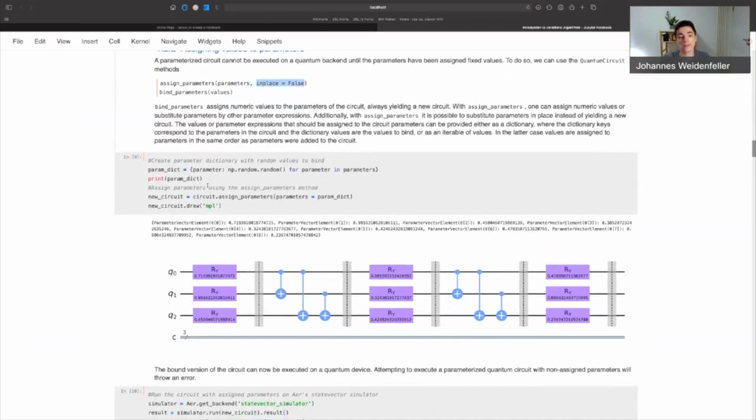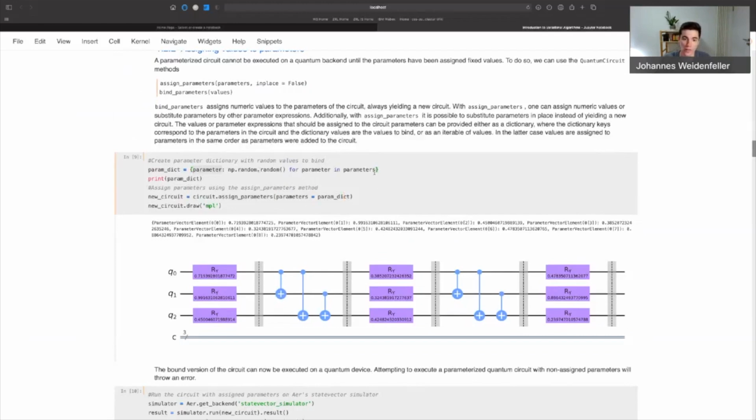And so let's see how we would actually do this in practice. When we use these methods assign_parameters or bind_parameters, we specify the parameters either as a list of values, in which case the values will be bound to parameters in exactly the same order as parameters were added to the circuit before. Or we can provide a parameter dictionary. And in this parameter dictionary, the keys should correspond to the parameter objects that we want to bind to.